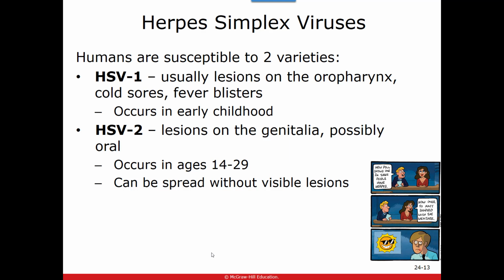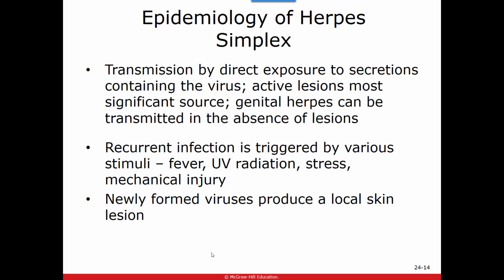Now, just a little bit about the herpes simplex virus. It is transmitted by direct exposure to any secretions that contain the virus. So if you've got an active lesion, there are secretions coming from there, and those secretions are going to have active virus, which means it is a site from which you could be spreading this particular virus. Genital herpes, the herpes simplex 2, can get transmitted without lesions, but lesions are a big active site